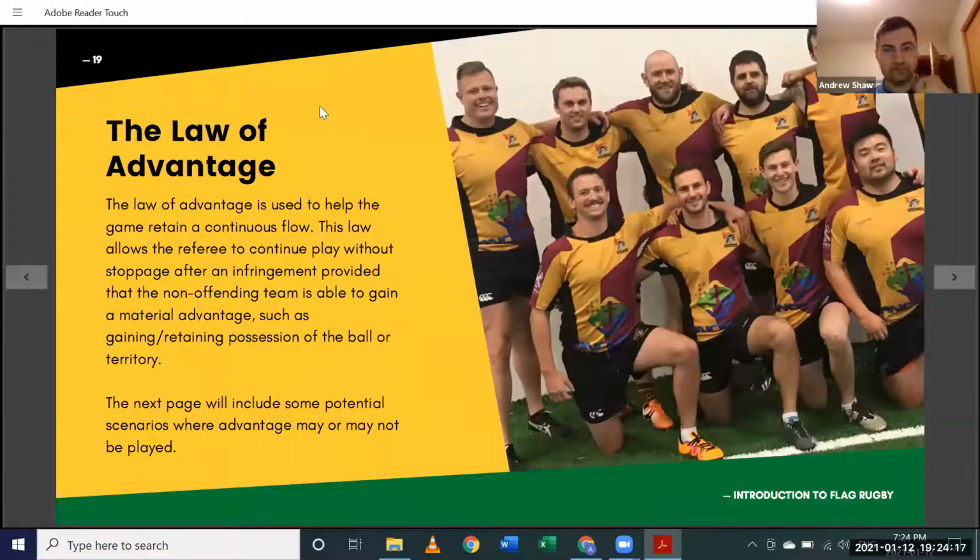Okay, so a really big concept in flag rugby is the law of advantage. Anyone who's played contact rugby will be familiar with advantage, which is basically the concept that if the non-offending team,